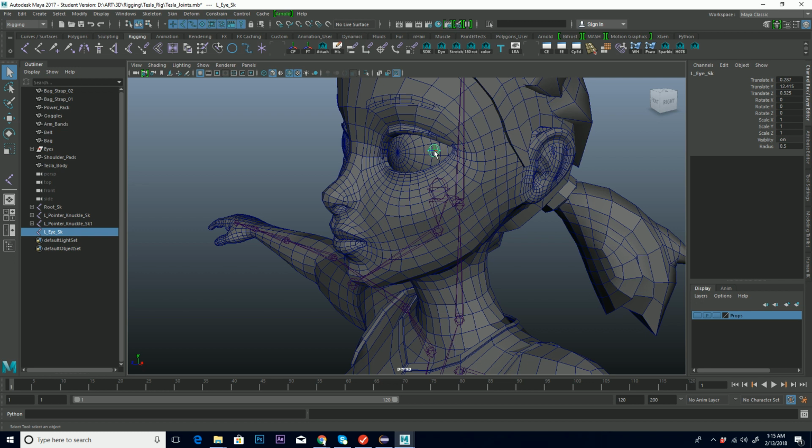So Control D twice. Because they're all right on top of each other, we want to make things really easy to select. We're going to go to our first copy of that joint, and we're going to rename it